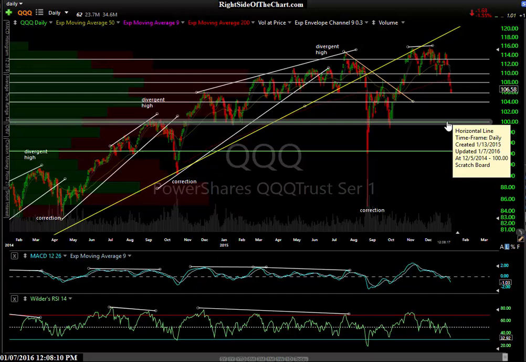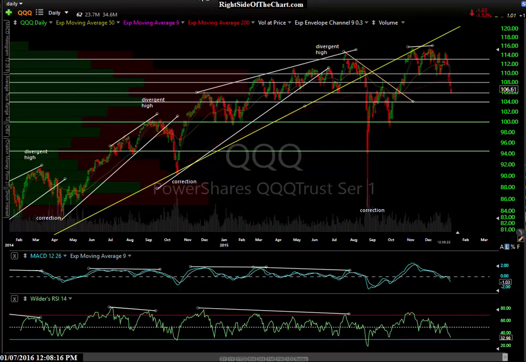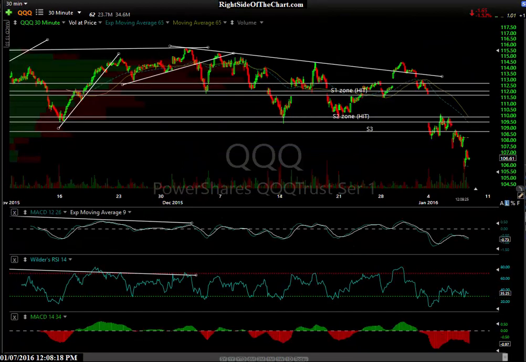Although, we do have that OPEX ramp to worry about. Let's see if they try to run the market up. And as I mentioned, we have some divergences. So bottom line, and I'm not trying to be ambiguous and play both sides of things here, my bias remains bearish. But if we look, this is a 30-minute chart. You can see what I call potential divergence. I know I use a lot of terms that might not be in the books out there,